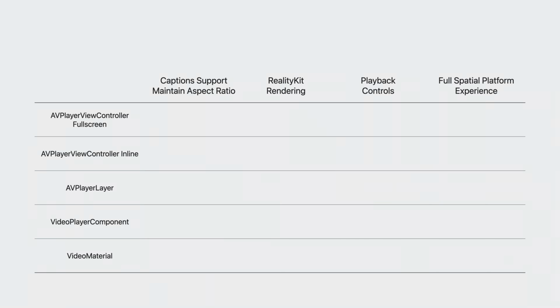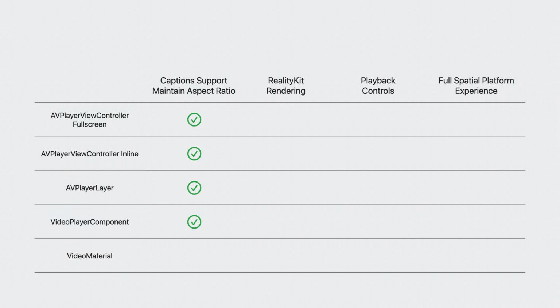We've covered the spatial experience for video playback. It has a large screen floating in space in front of you with beautiful visuals and great spatial audio. It includes playback controls for everything you need to do, and we've talked about some other playback use cases. There's several ways to display video in your app. Let's compare them. These are the APIs to show video. Each has different capabilities. Use the correct API for the media experience you need.